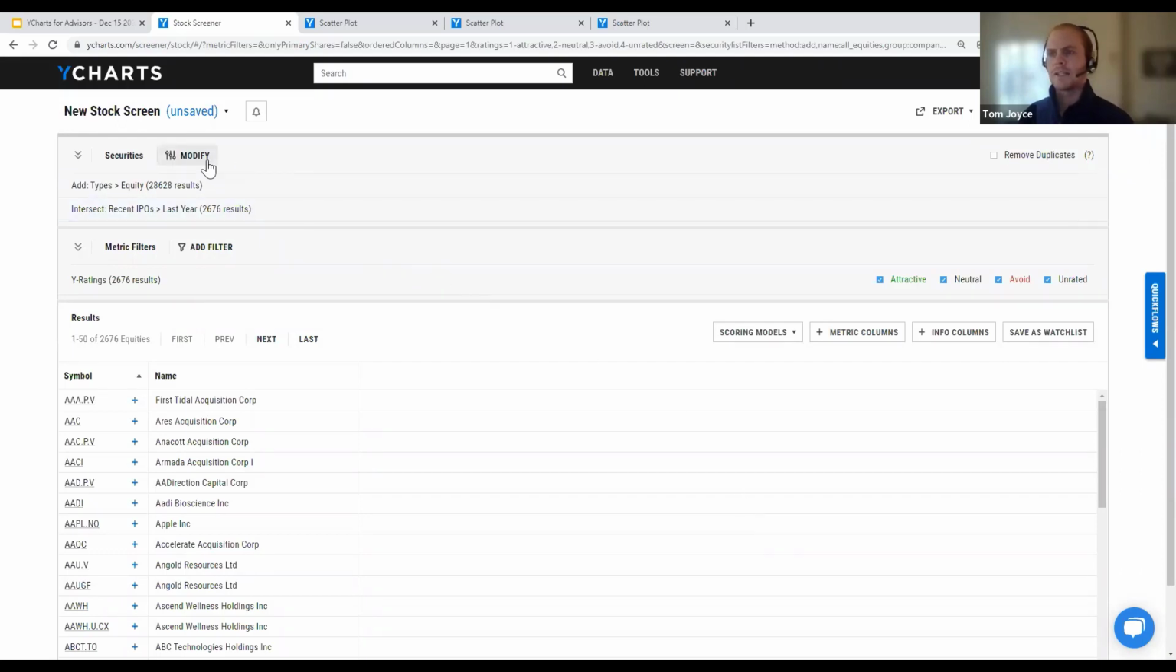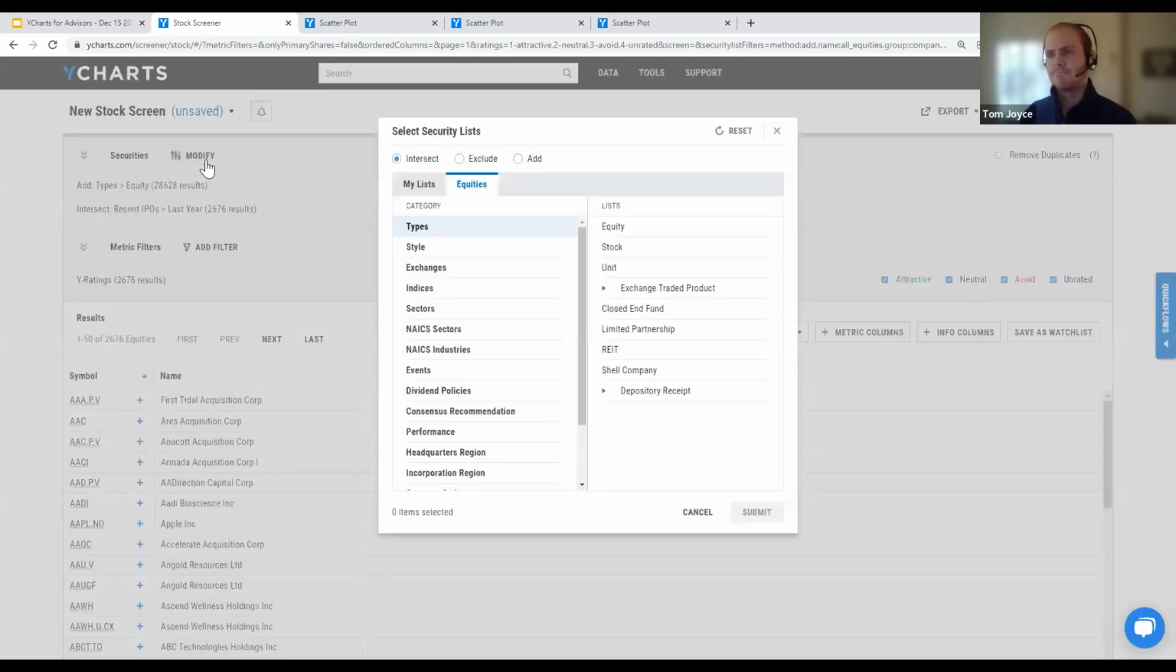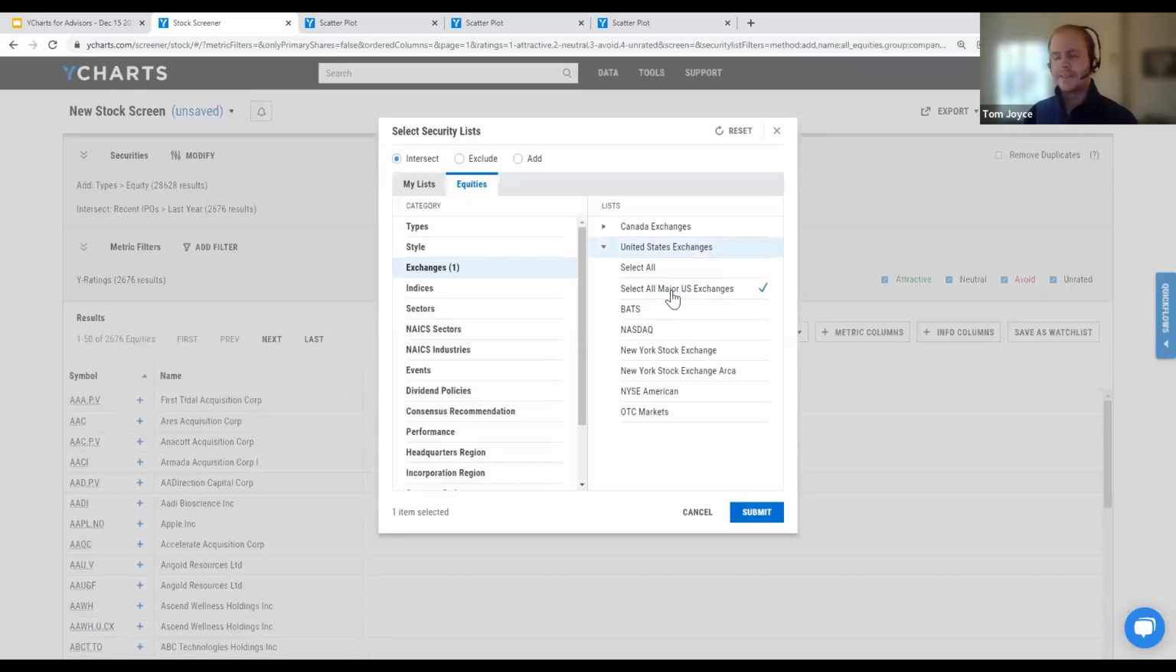From here, I'll go ahead and click Modify and back into Exchanges as my category. I want to select all major US exchanges. This will remove the thinly traded securities that we may not want to see. It's okay if you want to keep them in there, totally fine. You can skip this move, but